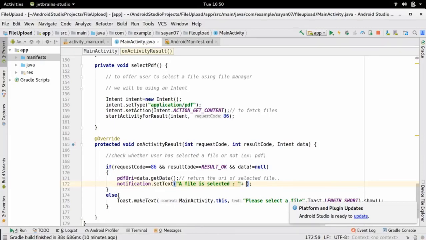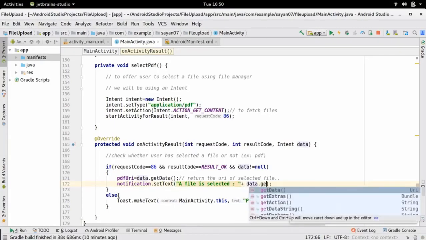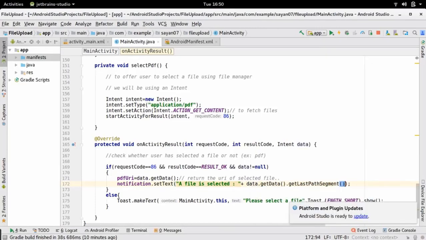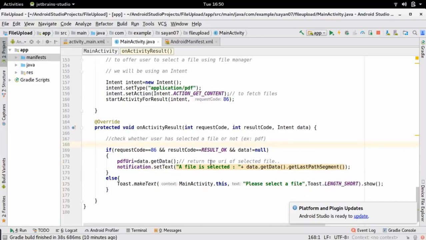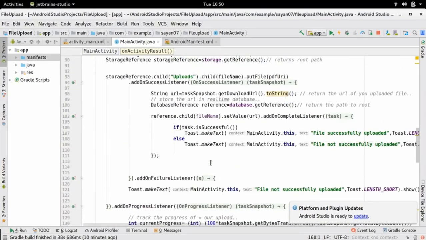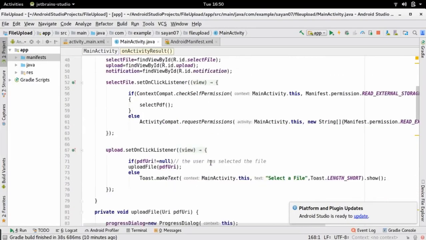You can get the name of the file using this getData and then writing getLastPathSegment. It will give you the name of the file that is chosen. I think it's done.